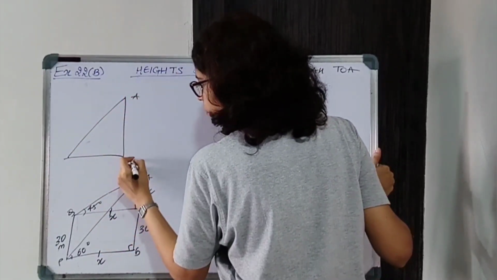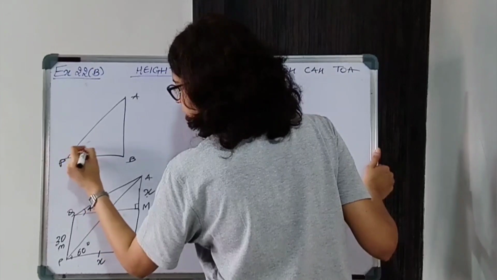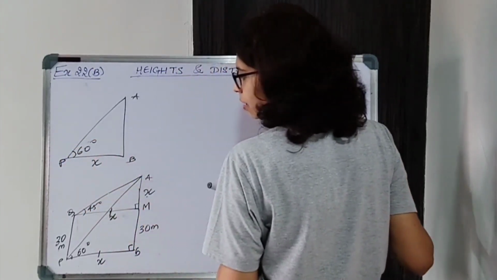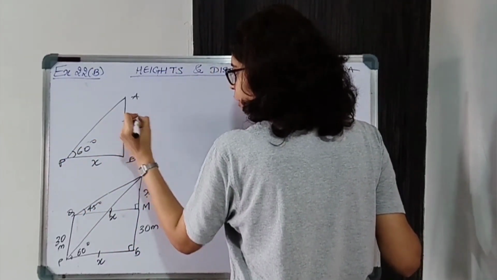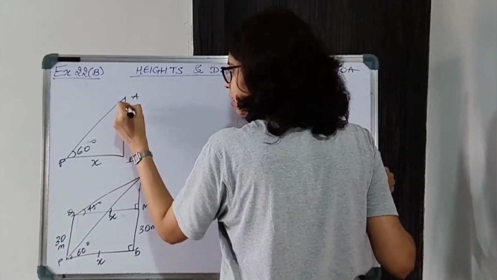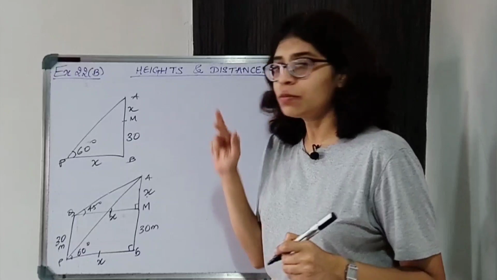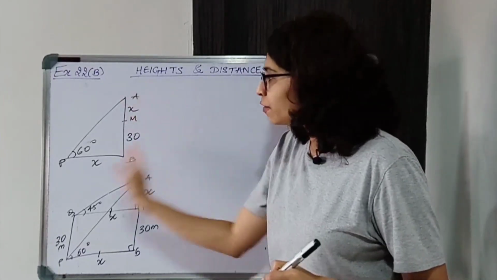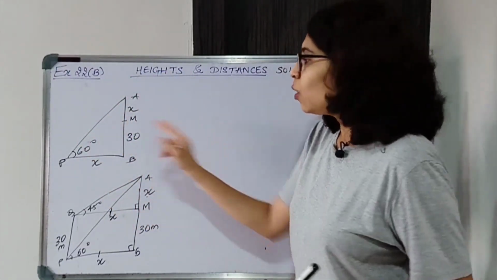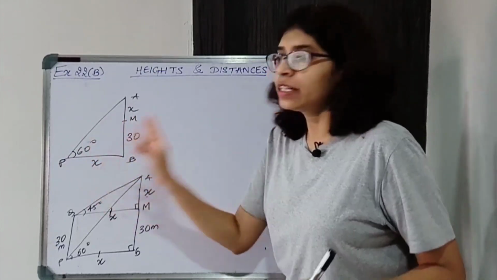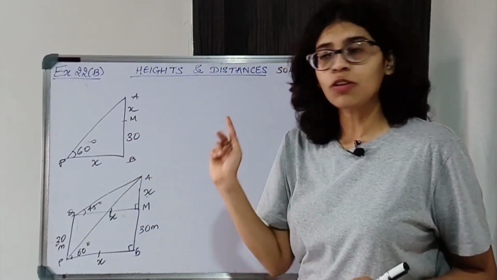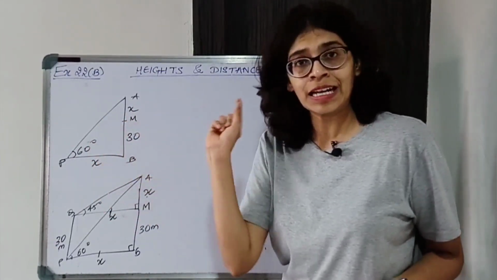Now ABP. This is 60 degrees. Over here there is some point M. This much is 30. This much is x. Okay. Now this x will be useful over here. Okay, the value of x will be found. Now we need the relation of the angle's opposite and the angle's adjacent, because x is coming in both.